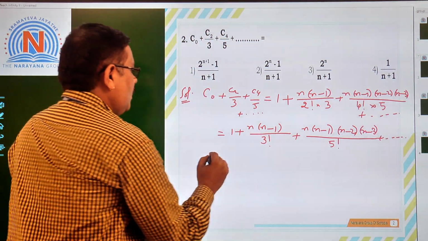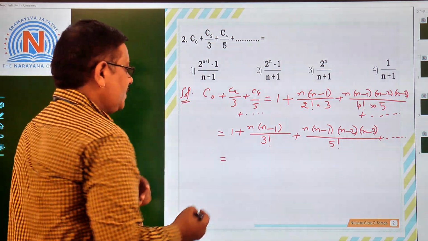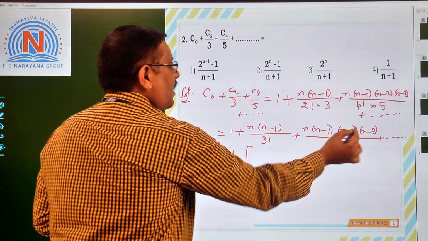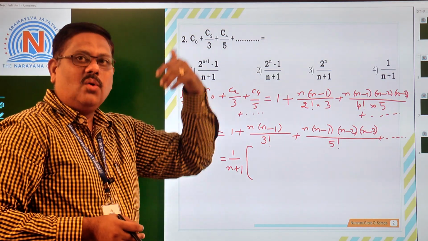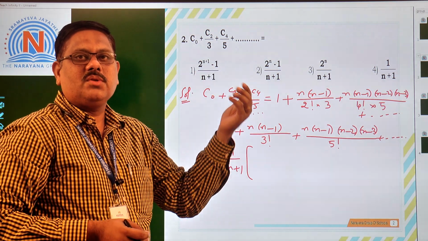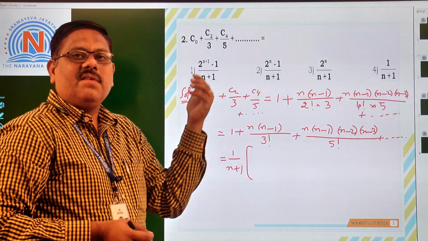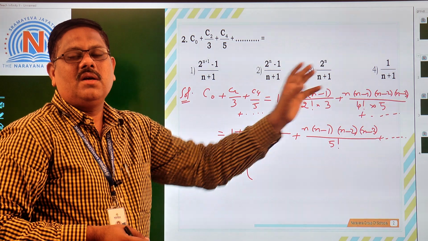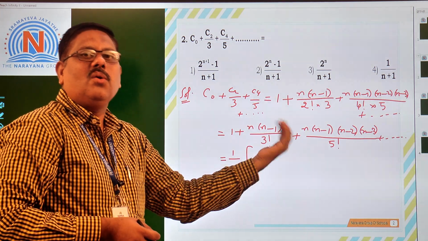Now let us do one thing. Let us multiply and divide with n plus 1. So what do you get now? 1 by n plus 1, because its value I cannot write directly. So I have to convert this expansion into one known expansion. It is like if it is something like C1 plus C3 plus C5 plus something, you can write something in place of that. If it is C0 plus C1 plus C2 plus C3 plus so on, we can write it as 2 power n. So it is an unknown expansion. We are trying to convert it into a known expansion.